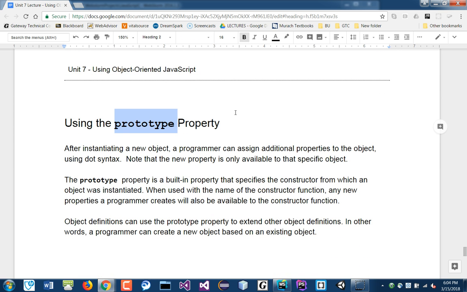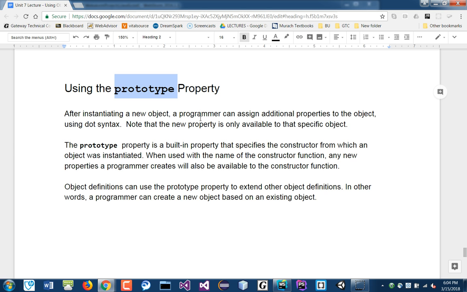The prototype is a special property. I think the book shows how you actually change the property or add new properties to your class. I'm not sure if you tried it or not. If you did, you might have an error because it's kind of dated. And so in the book, it shows you how to